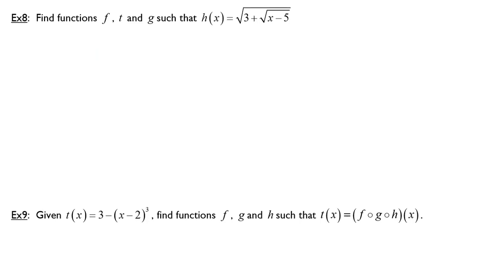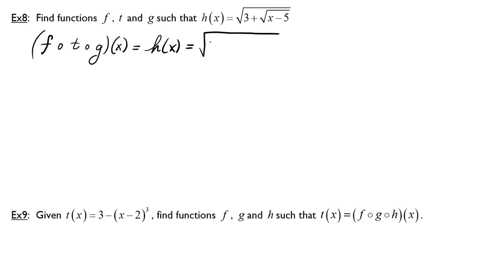In exercise 8, we have the question: find the functions f, t, and g such that h of x equals the square root of 3 plus the square root of x minus 5. We need to rewrite this as f of t of g, or f composed with t composed with g of x, where that is equal to h of x. And so we know that that's equal to the square root of 3 plus the square root of x minus